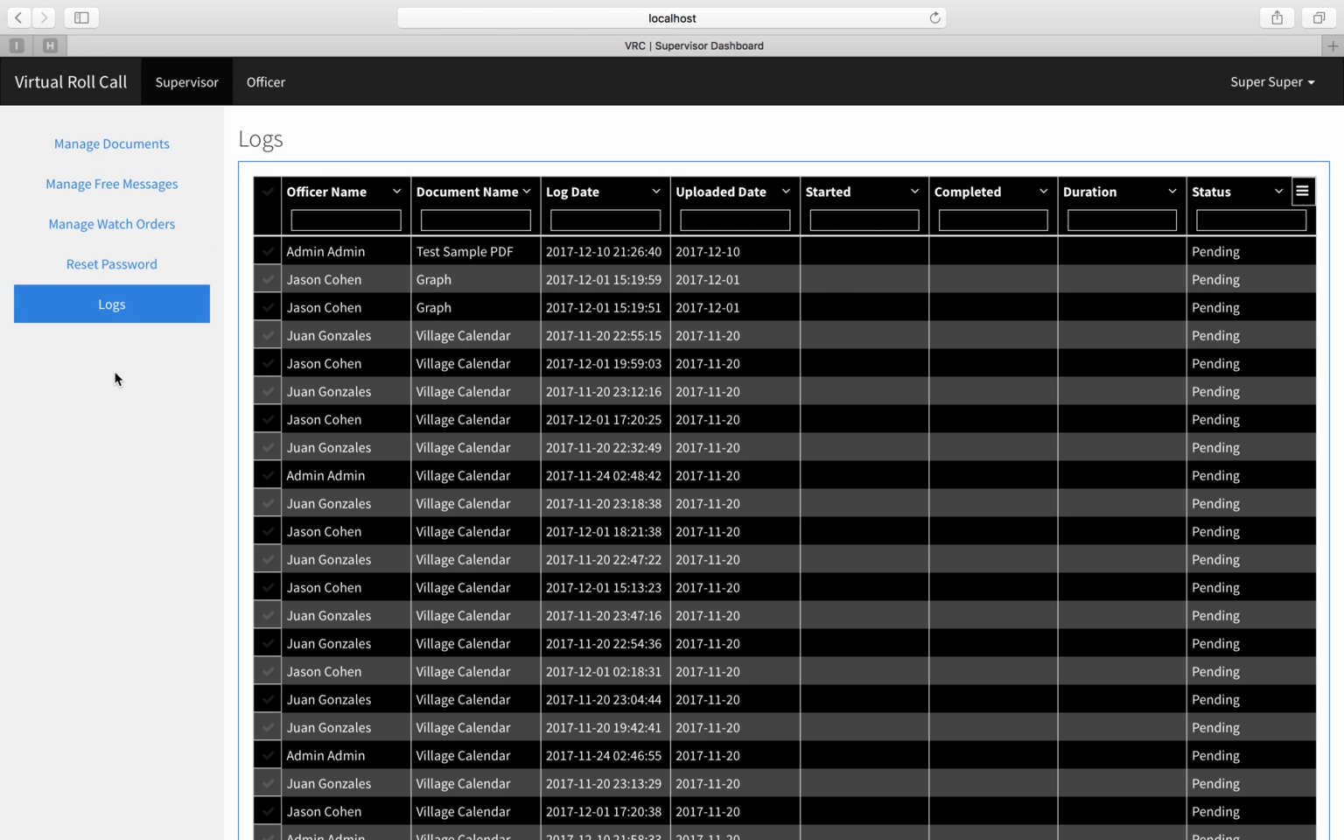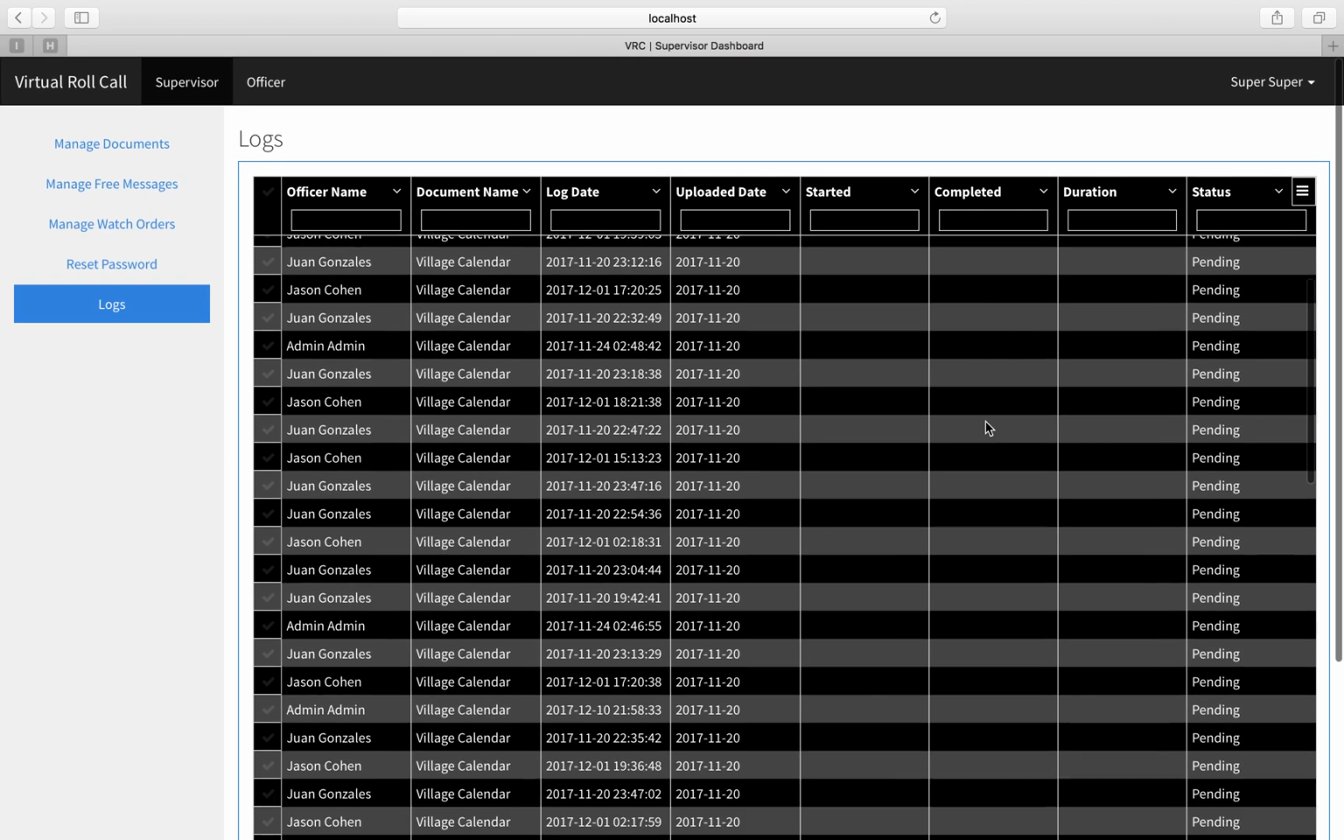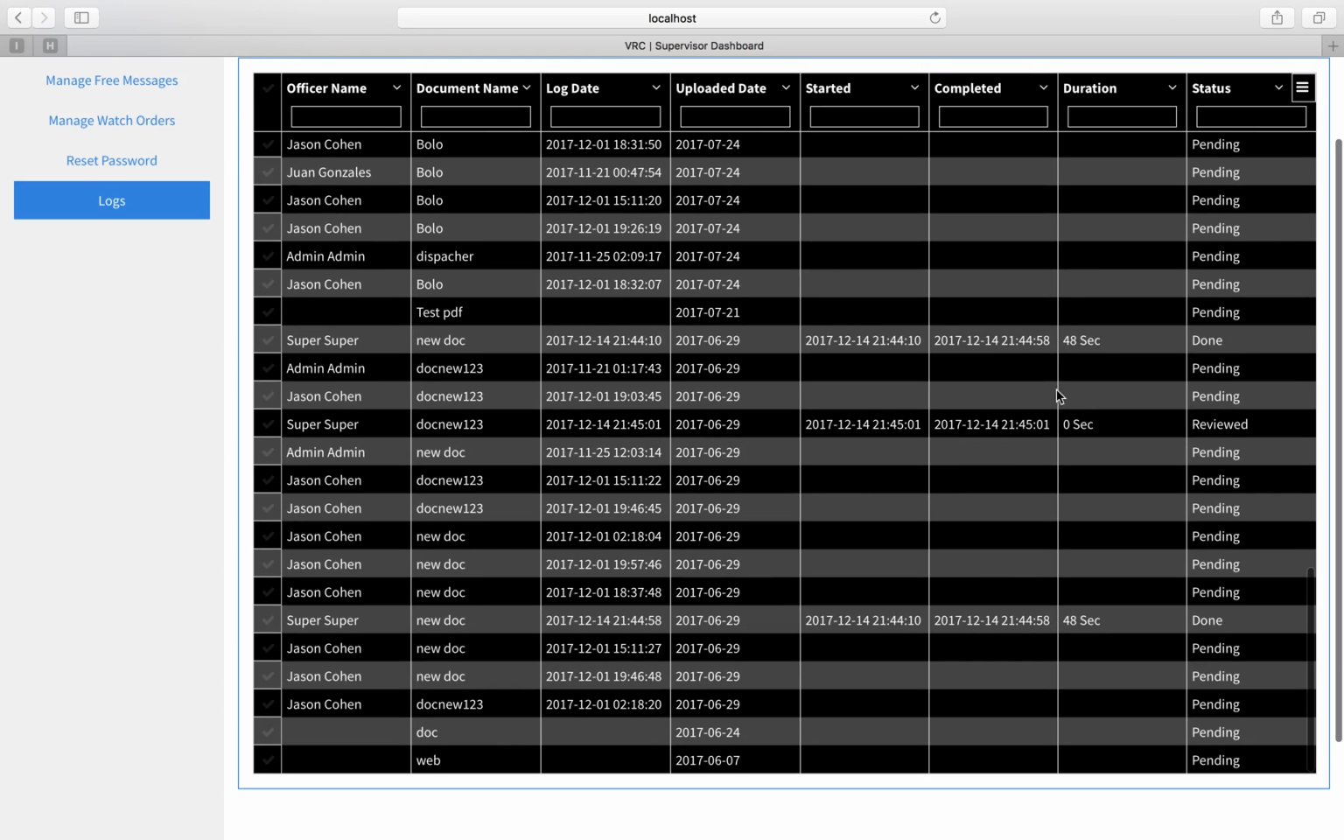The last task, or the last section for a supervisor tab, involves what we call logs. The logs track the time between document statuses, as in the amount of time that the officer takes to read one document over another. As we can see, we have a new document, when it was created, and when it changed from reviewed and then to done,